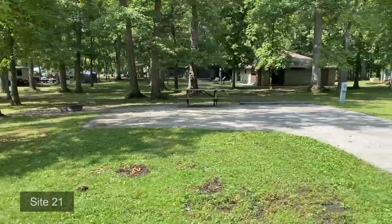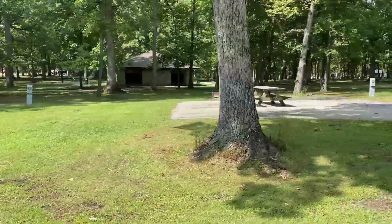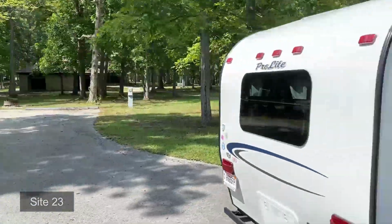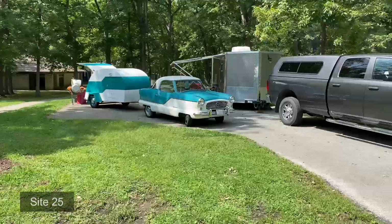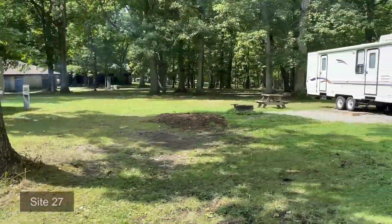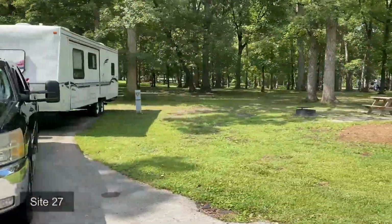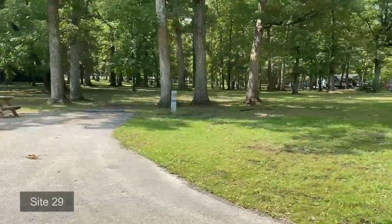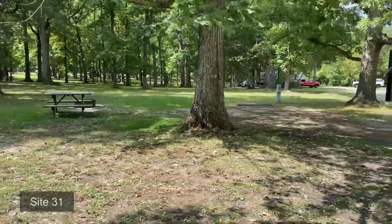Here's site 21. North shower house there in the background. 23. There's a number of little paths that go up there. There's a water fill right there. Here's 25, 27, 29, 31,